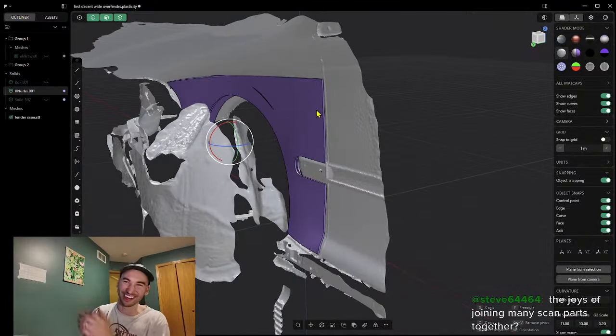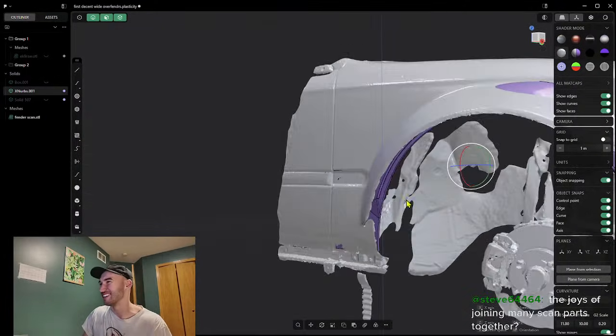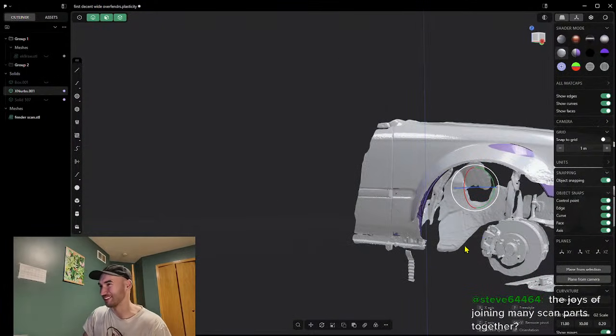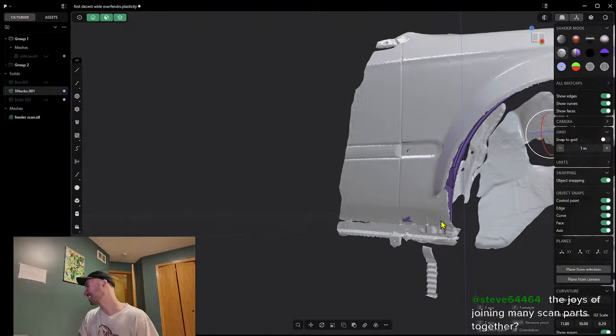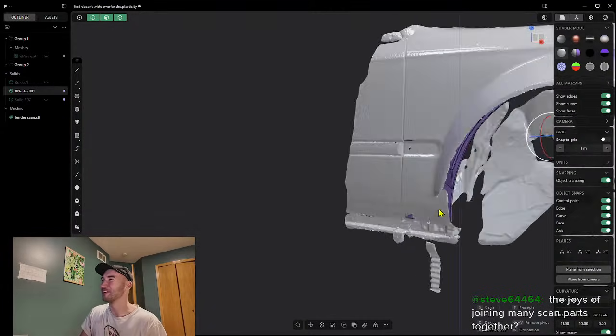But that is cool. You can see kind of inside the mesh here. And then that's the fender liner. You can see a little bit of the jack stand. That's a bracket for the joys of joining many scan parts together. Yeah. So,